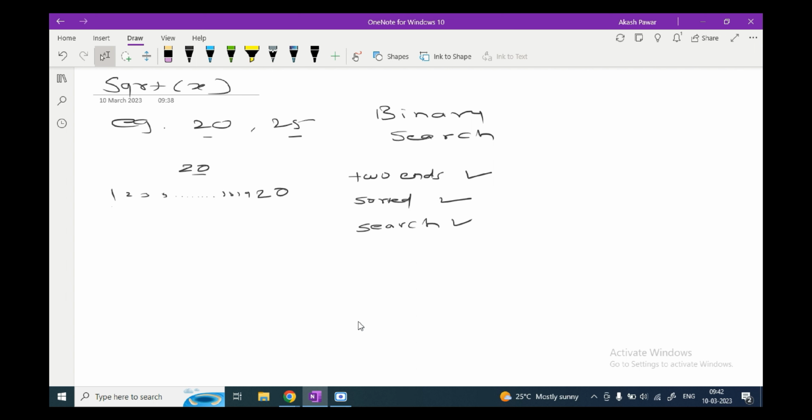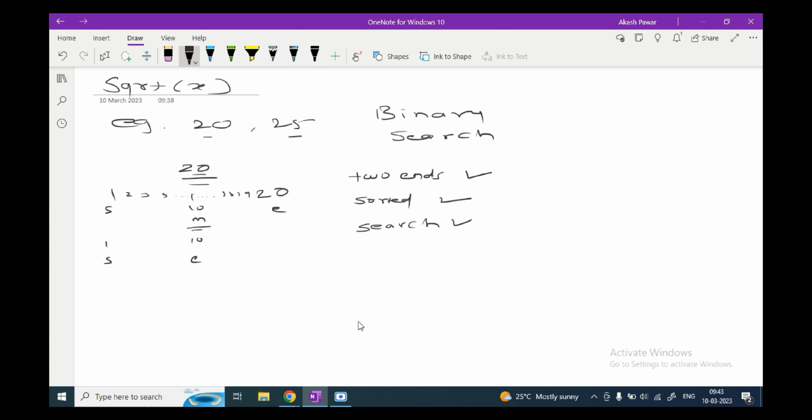Okay, in this case, suppose this is 20, this is start, this is end. So we will figure out the mid. Mid is 10. So you can see 10 square is 100, right, which is greater than this 20. So we can assume that elements greater than or equal to 10, which is 11 to 20, definitely will have a higher square than 20, because 10 also has a higher square than 20. So in this case we will ignore this part, and our search space will be limited to this only,